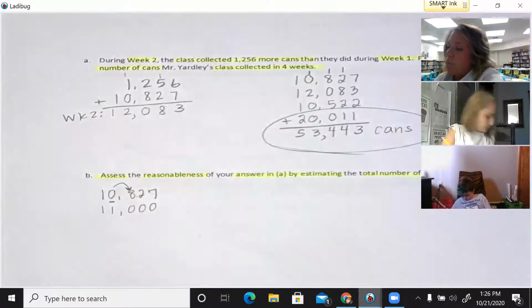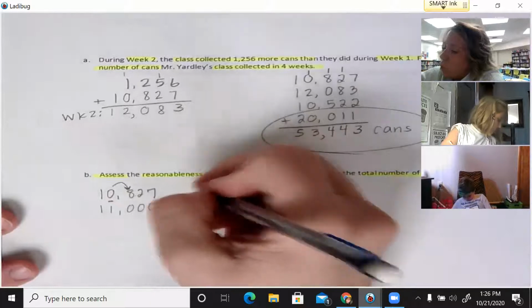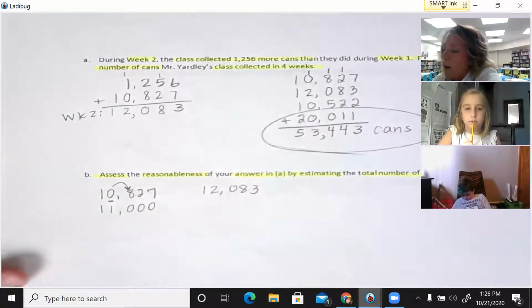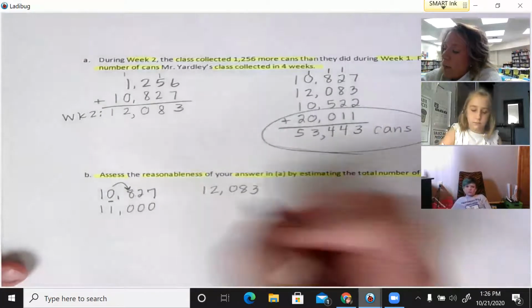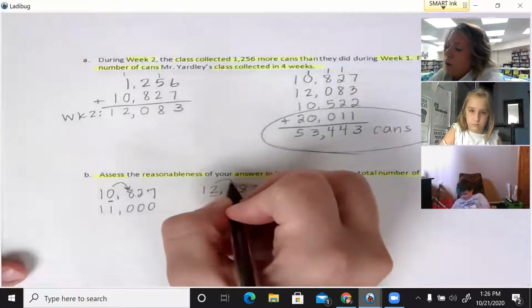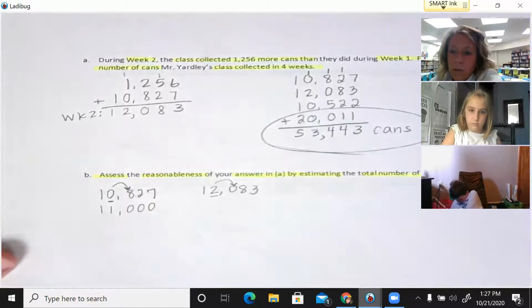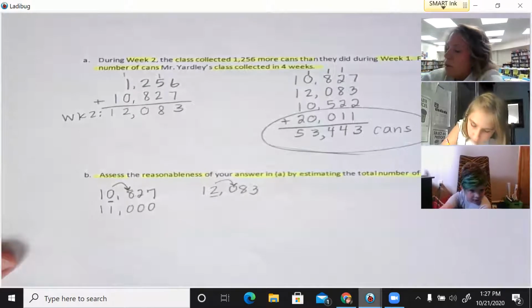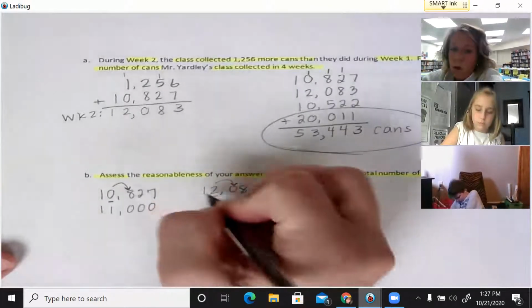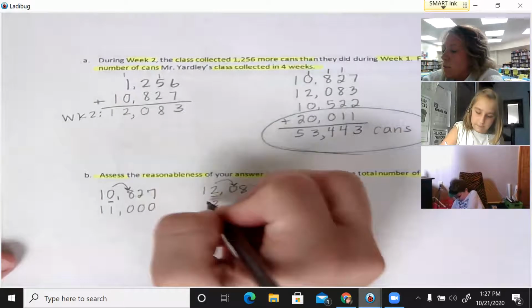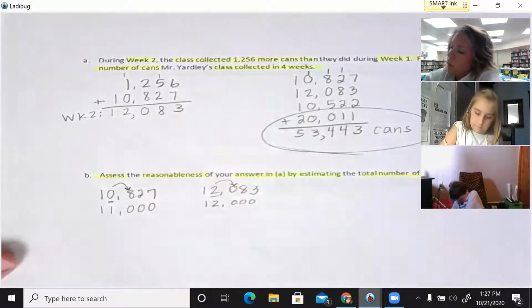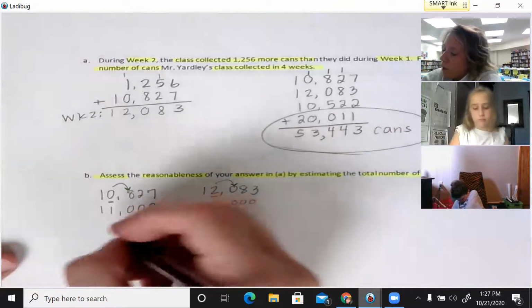So I have 11,000. Then I'm going to write 12,083 because that's my week 2 amount. Find my thousands place. Look next door. What does the 0 tell me to do? Take a rest. So my 2's resting. My 1's minding its own business, so it stays the same. And the rest turn to zeros. So then I have week 3,